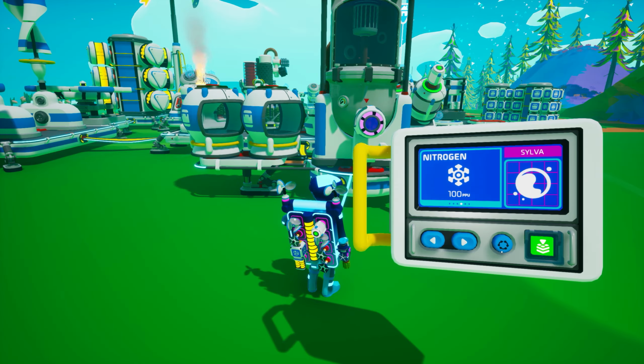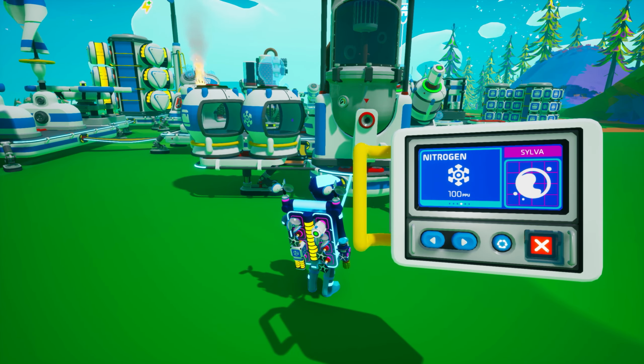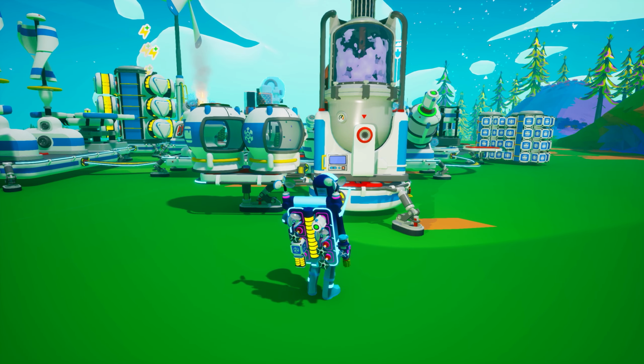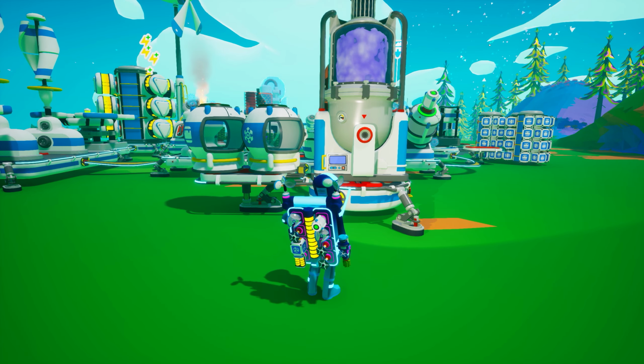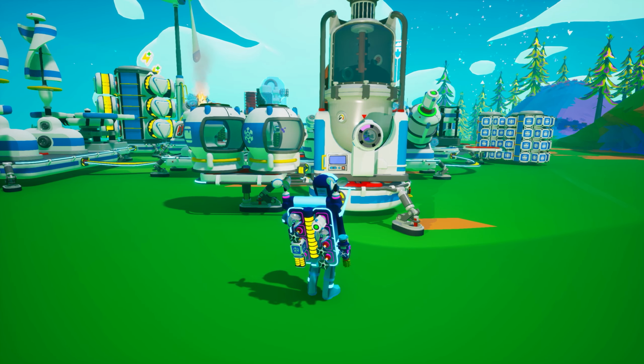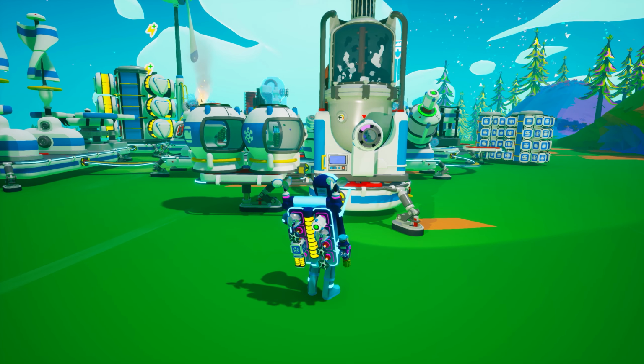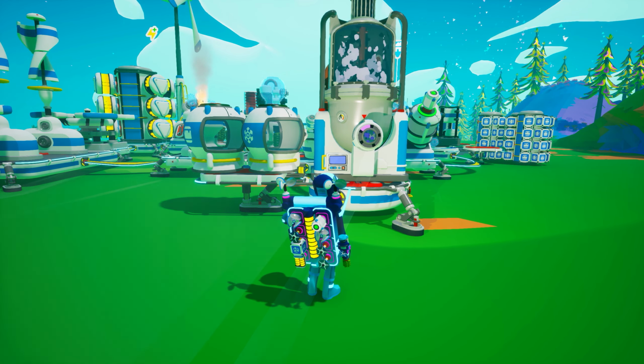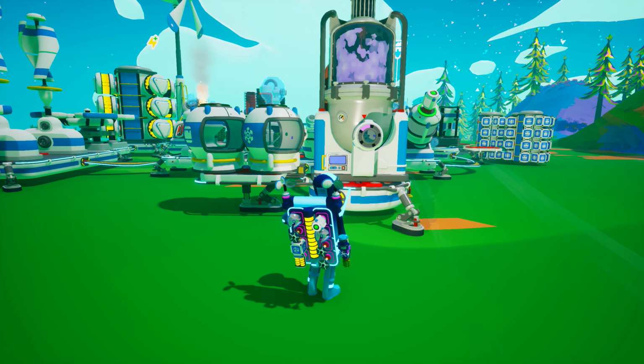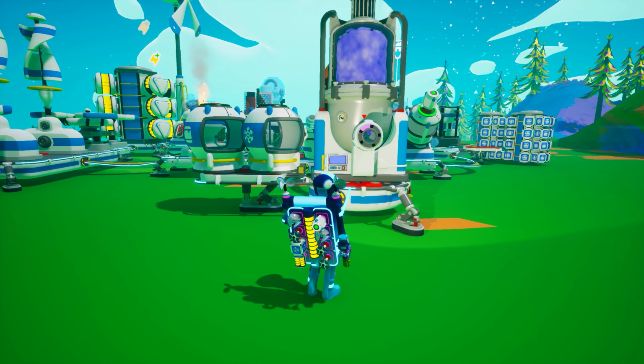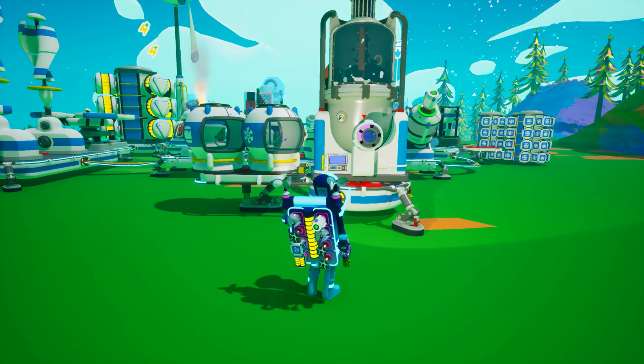Automated Production. Finally, the repeater function on the atmospheric condenser allows it to continue collecting multiple canisters of an atmospheric resource until all attached storage is filled. This may seem confusing at first, especially if you haven't been a very active astroneer lately. Before the repeater function was added to the atmospheric condenser, it would simply continue producing atmospheric resources until all attached storage was full. And while that can be convenient in some circumstances, adding in the repeater function now gives us